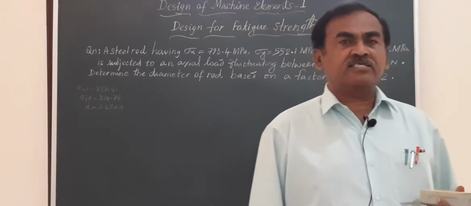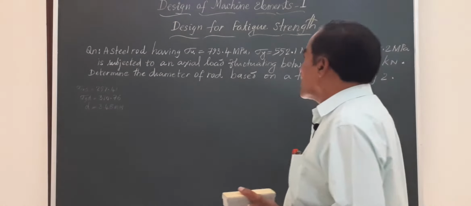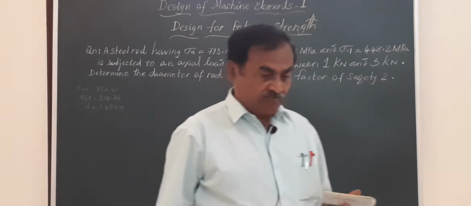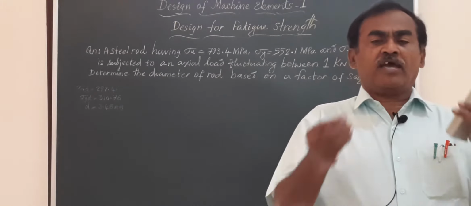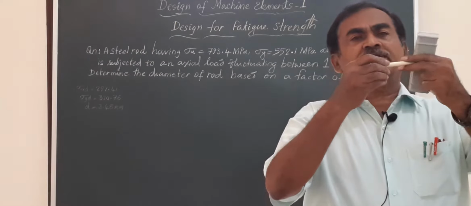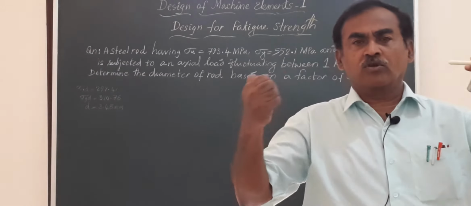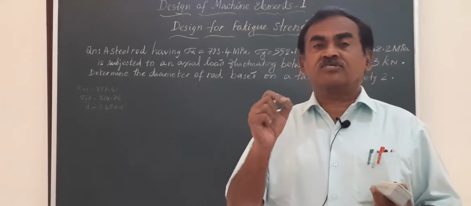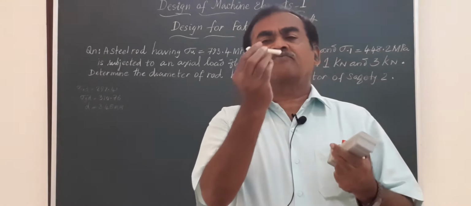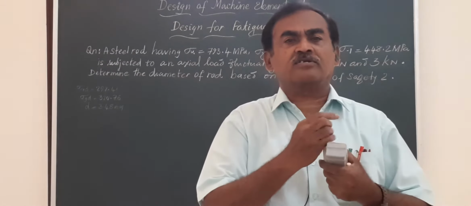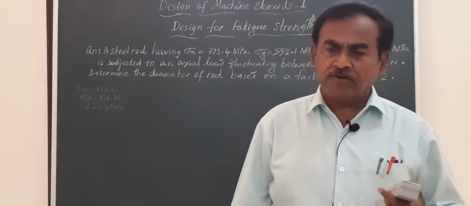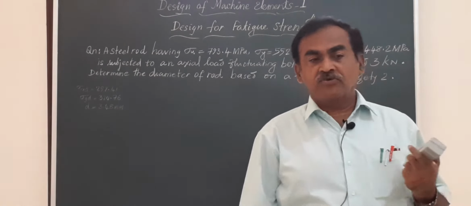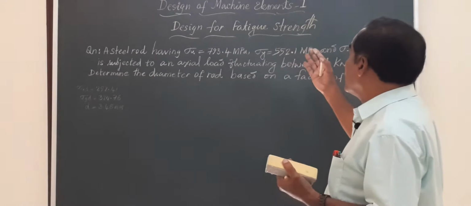Friends, in today's session, we are going to learn about the design for fatigue strength. You know very well, if you have a member, say a steel rod, subjected to a static load, say a pull, the member is subjected to tensile load and hence tensile stress is induced in the member. Similarly, if the same member is subjected to compression, there is compressive stress induced in the member irrespective of the cross section. And in today's session, we have a problem on this fatigue strain.